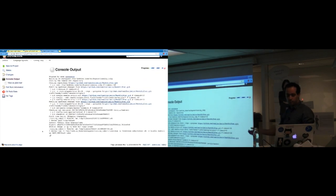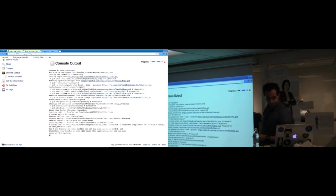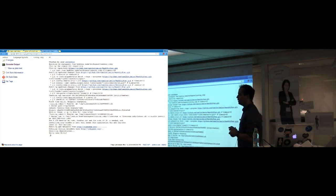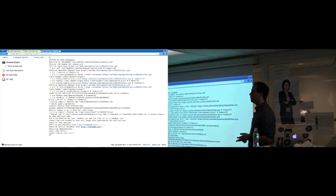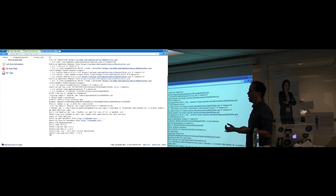I already pulled it just to save time, and it's running a project called Ice Cream, just to run the tests and check if it's working. So it's exactly the same machine. It has nothing else but Docker, so you can run it,